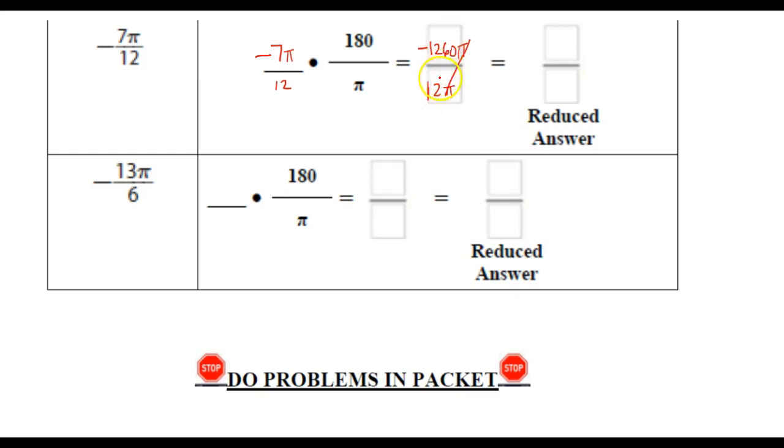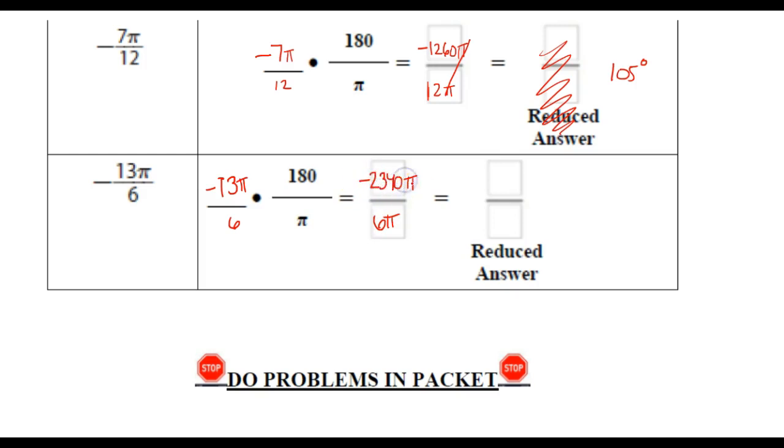And let's go ahead and see what that would be if we divided -1260 divided by 12. And that would be, we don't have to really reduce our answer, that would be about 105 degrees. And last but not least, that's -13 pi over 6. Let's go ahead and multiply that out. And that would be about 6 pi on the bottom. Negative 13 times 180 would be about, whoa, that is a bigger number,